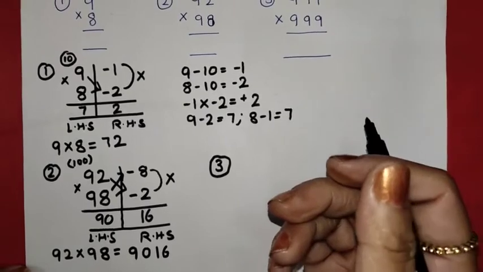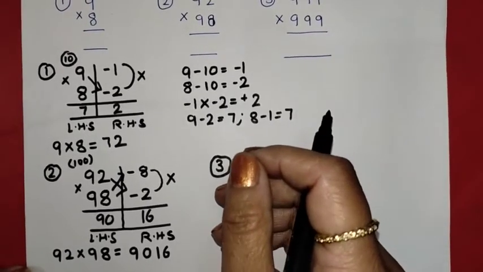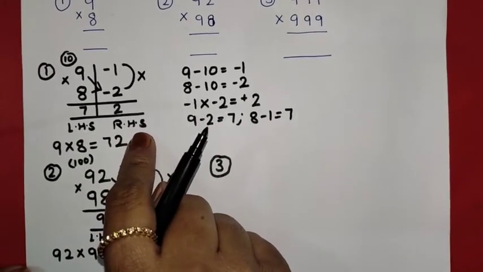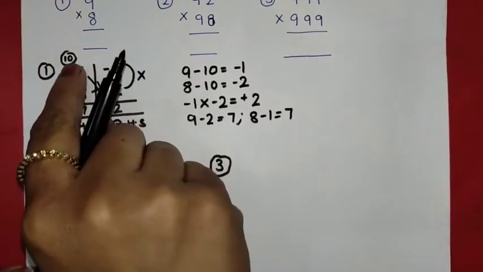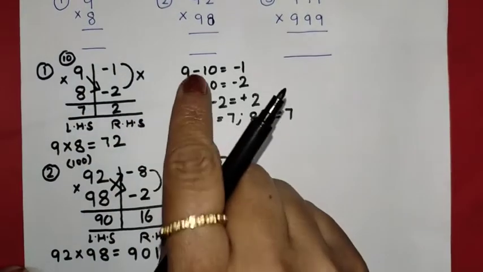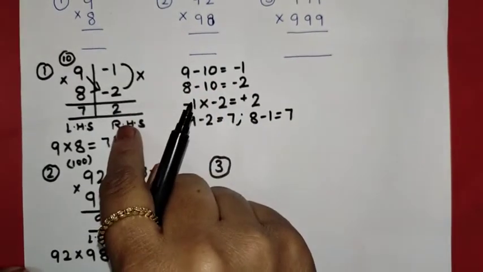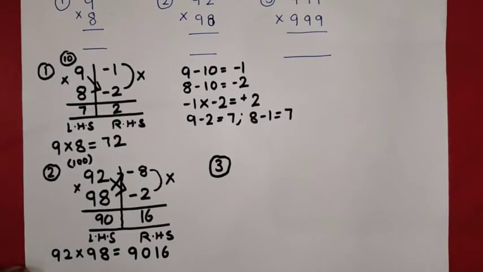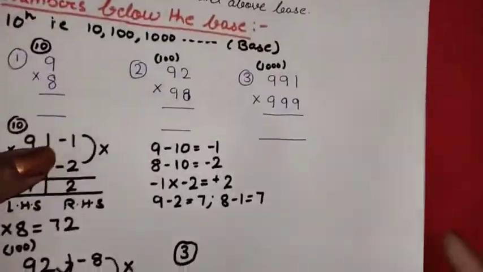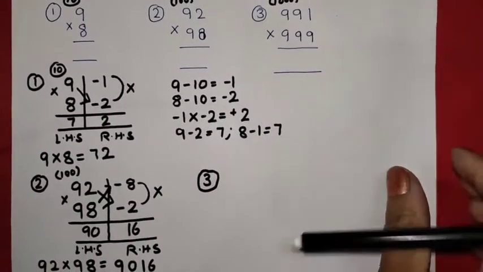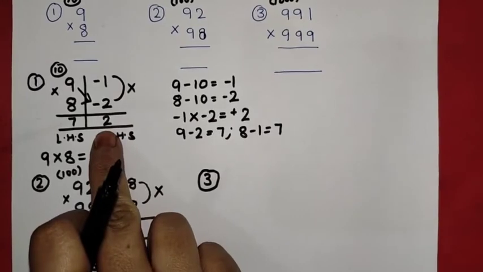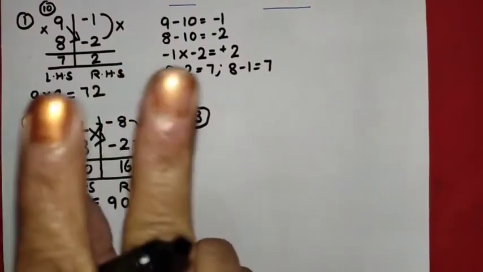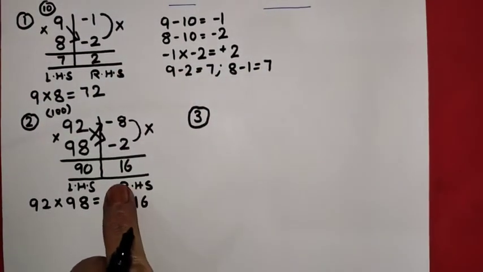Now you have to take care in these questions, in base questions, whenever you apply base method, that your right hand side answer will contain the number of digits as per the number of zeros in the base. जितनी आपकी बेस में zeros हैं उतना ही right hand side में digits होंगी. यहाँ पर as in here the base 10 has only 1 zero. So your answer to number 2 is 1 digit. Okay. Now see the next question. Base 100 has 2 zeros. Right hand side has 2 digits.